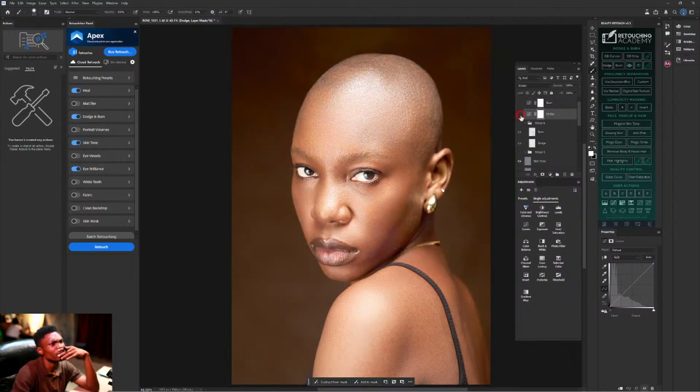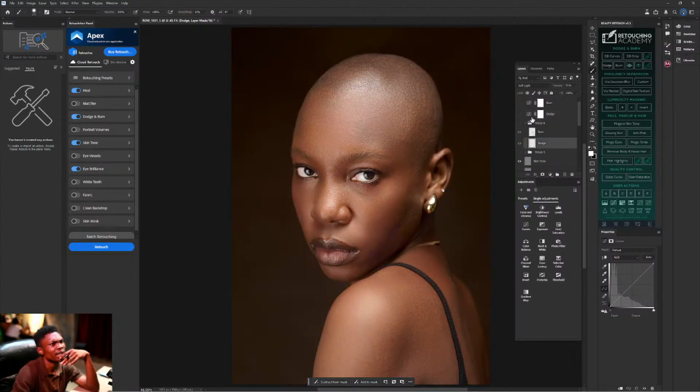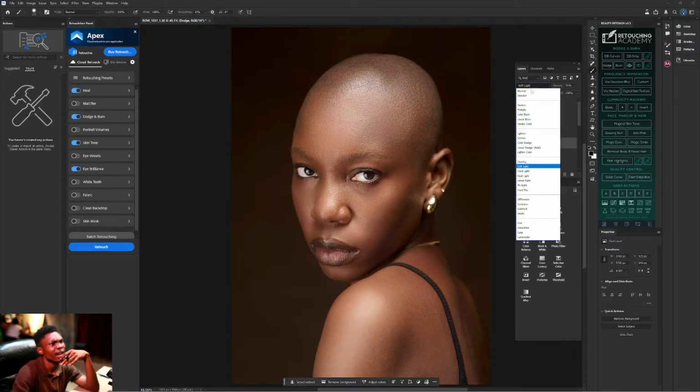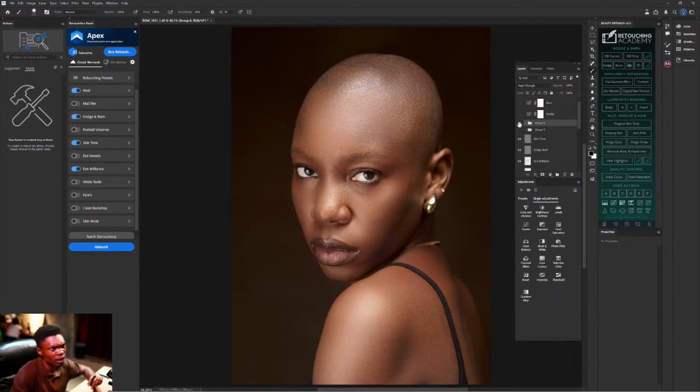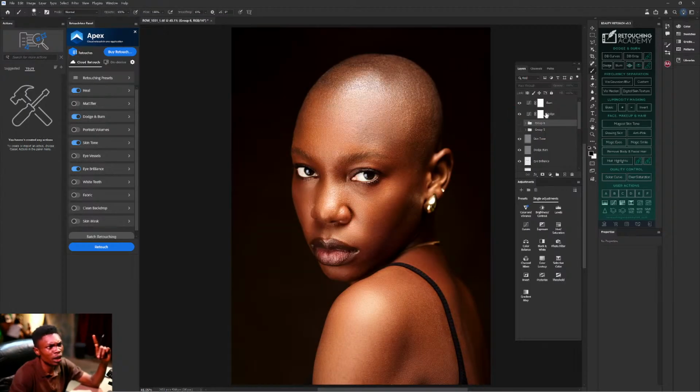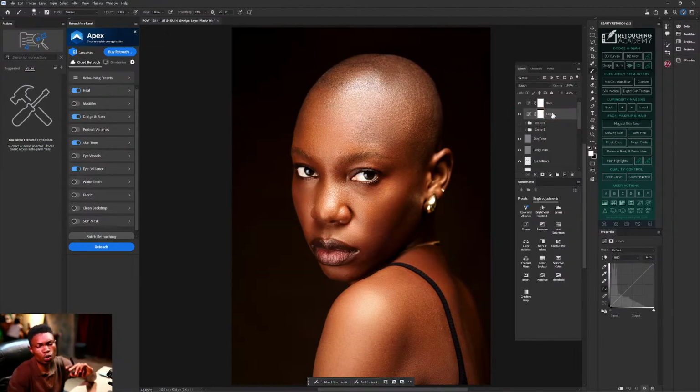Make I disable these two. Make I select screen, see how this screen will come out. Now screen too harsh for paint. For if you use color painter, no use screen, use soft light. Then this one now will be dodge and burn, use screen because you no do anything for your dodge and burn.